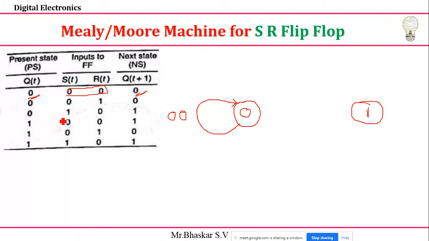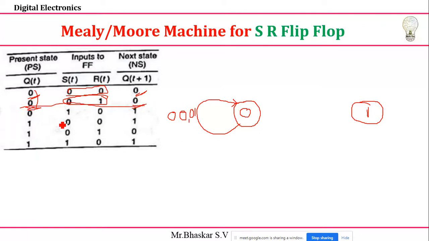Okay, now you try for the second condition. 0 to 0 only. When this happens, the conditions are 0 1. So what it indicates is that the present state and next state are 0 and the inputs are 0 0 and 0 1. Then how to represent 00 comma 01? You can represent 00 comma 01. The present state and next state values are zeros only.